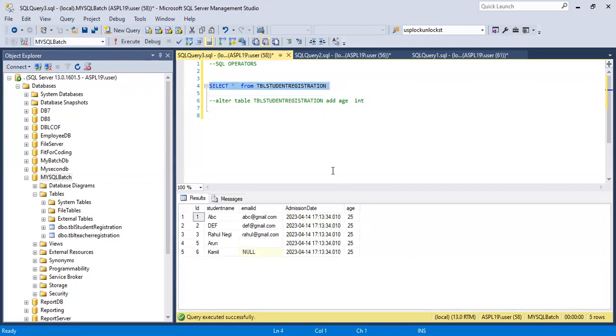For example, I have added the age here. Now we can use the plus operator. For example, if I want to